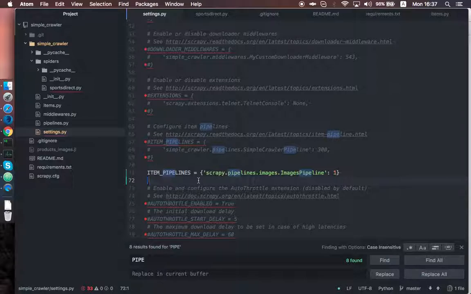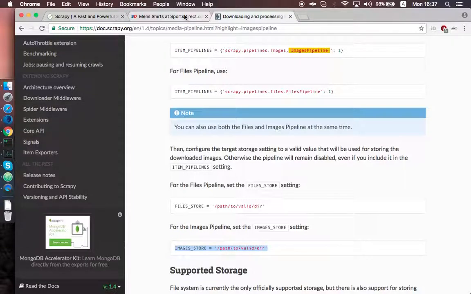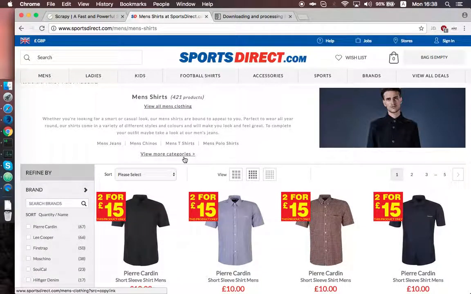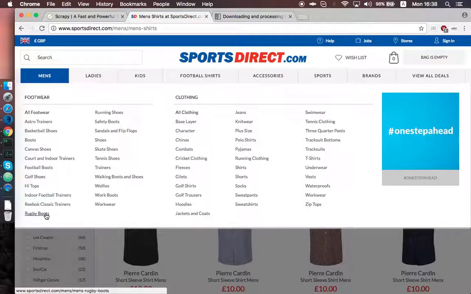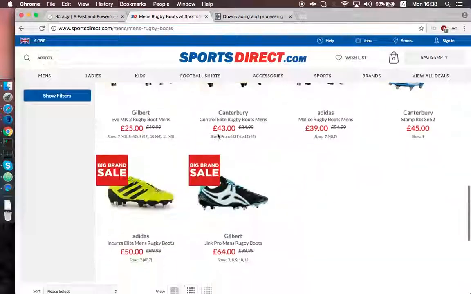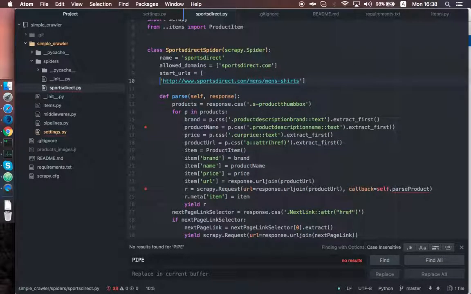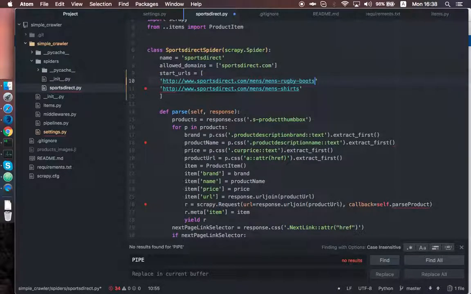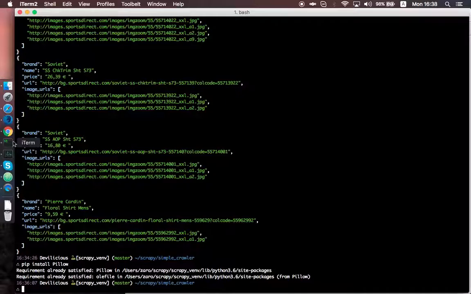And by the way, since the section we are scraping so far is kind of big, I'll select some other section, because with downloading all the images it will take quite some time for this to finish. I guess rugby boots are not so many. Yeah, it's only one page. Yeah, let's scrape this. I'll leave the rugby boots URL and I'll comment out the previous one. And now if I take this option, IMAGES_STORE, and run the spider,